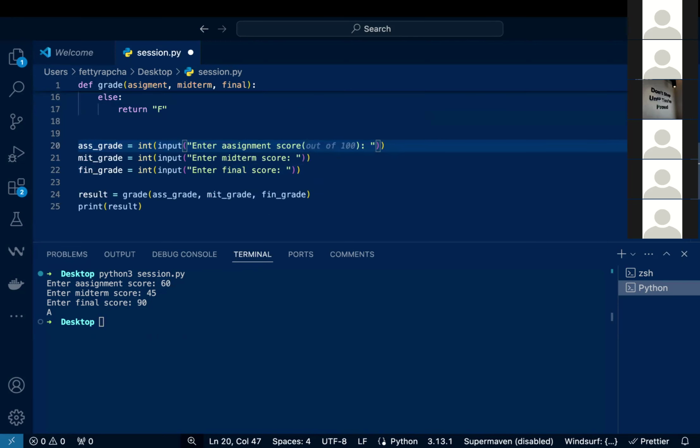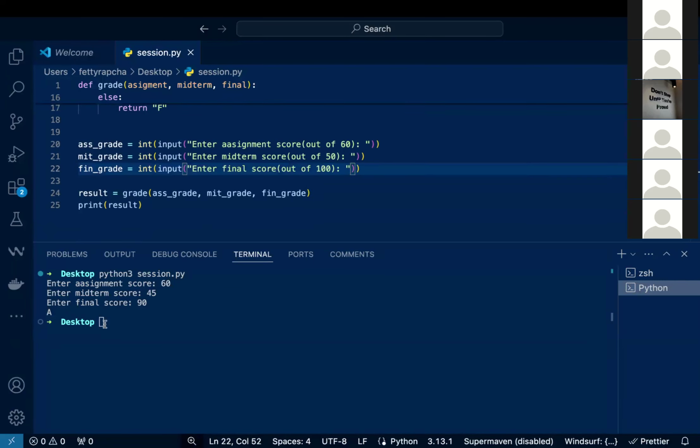Maybe over 60, right? And also this one, the IA, maybe out of 50. The exams will be out of 90 or 100, but then dragged down to 40%. Okay, so